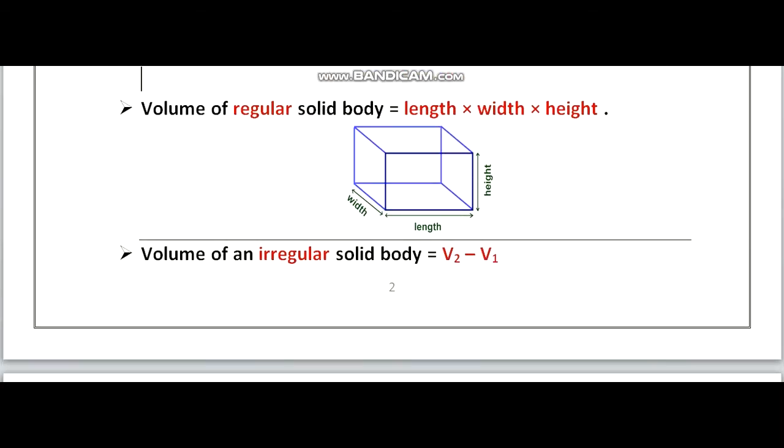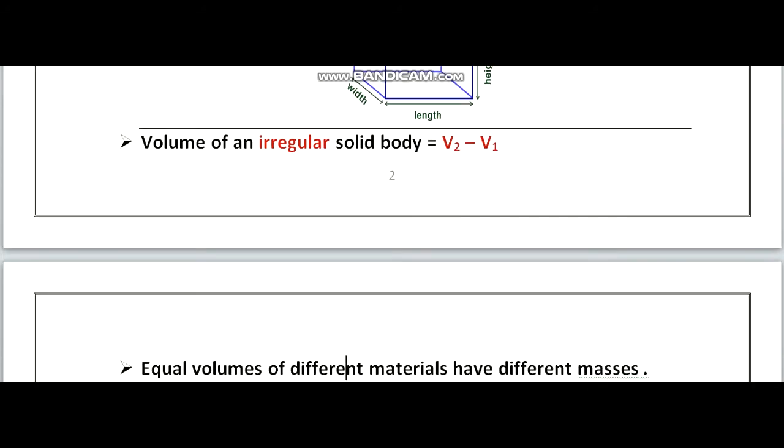This is the law. I can measure the volume: volume equals length times width times height. This is length, this is width, and this is height. I can measure the volume of a regular solid body by length times width times height, like a book, like a cube. Okay. Number 2,